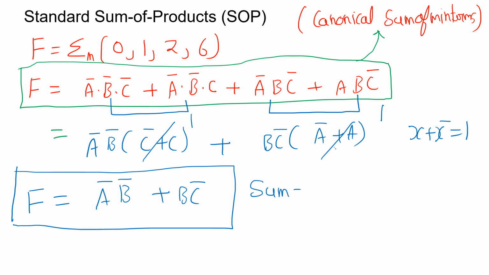Now there is no further optimization, so now this particular expression is known as sum of product, or in short it is known as SOP form. So you can see we have product and these product are summed together, so that's why it is known as sum of product. Getting? So similarly, any expression once you write in their standard form or full form, it is sum of minterms. Once you optimize it and make sure every term has product, then summation, then that is known as sum of product. Right? I hope it is clear till now.